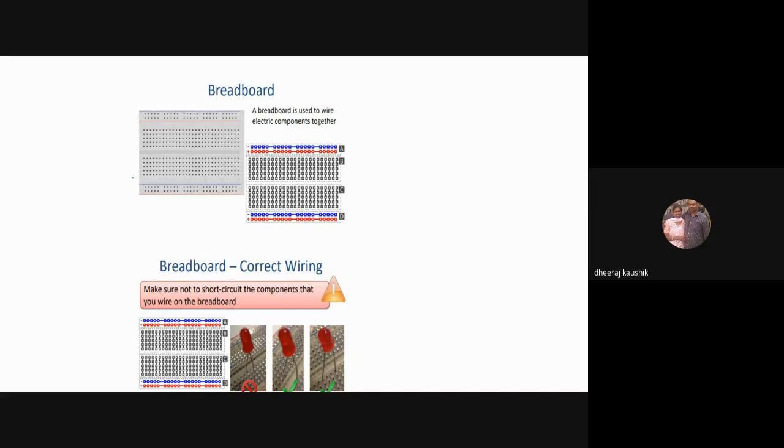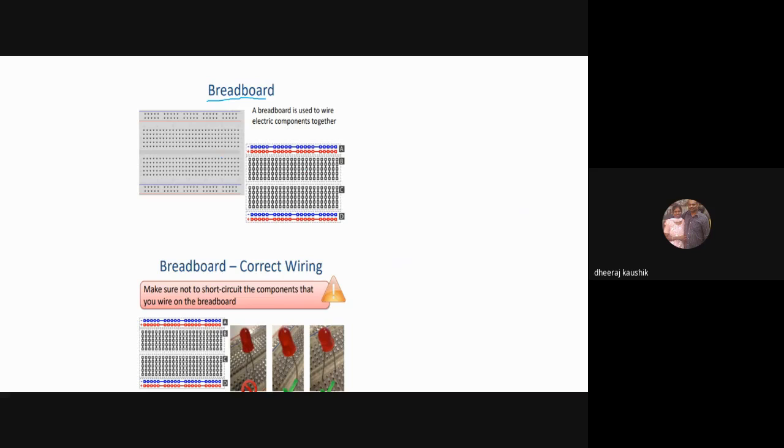So I'll be discussing some practical approaches now, and the first one is a breadboard. Normally, if you want to connect an LED or a simple electrical component into an electrical circuit, wires would be very easy, and that would be suggested for easier circuits. But what if you had to connect one pin to n pins? Suppose you wanted to connect a single ground pin to four other electrical components. That wiring would be hard, right? So for that purpose, a breadboard is invented.